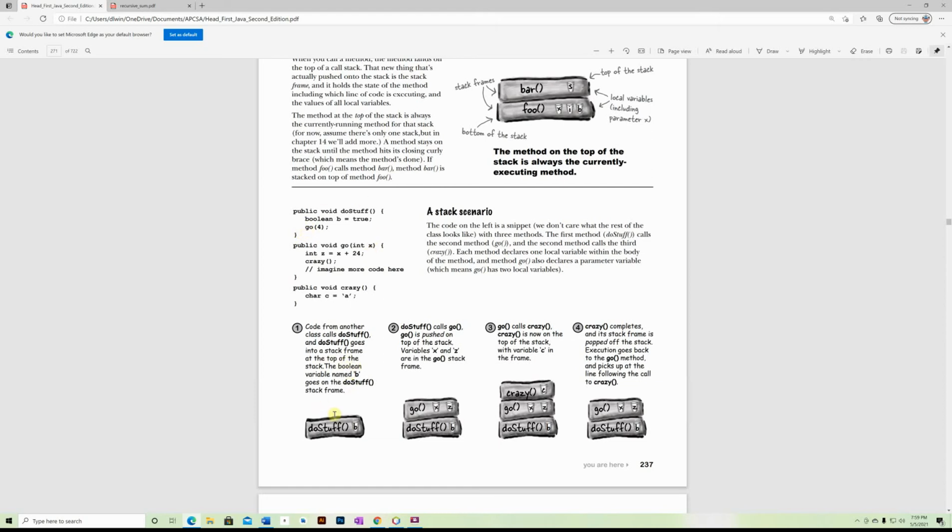Okay, so here we have do stuff. That was the first method, and then do stuff calls go. Go gets pushed on the stack on top of do stuff. And then go calls crazy. So crazy is at the top of the stack. It's the currently running method. When it finishes, it gets pushed off, and then we're left with go. When go gets finished, it gets pushed off the stack, and then we're left with do stuff. And then when do stuff is done, when it reaches its curly brace, it gets pushed off the stack, and